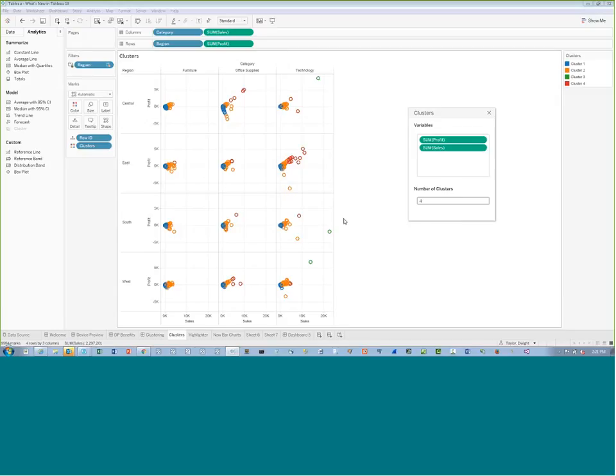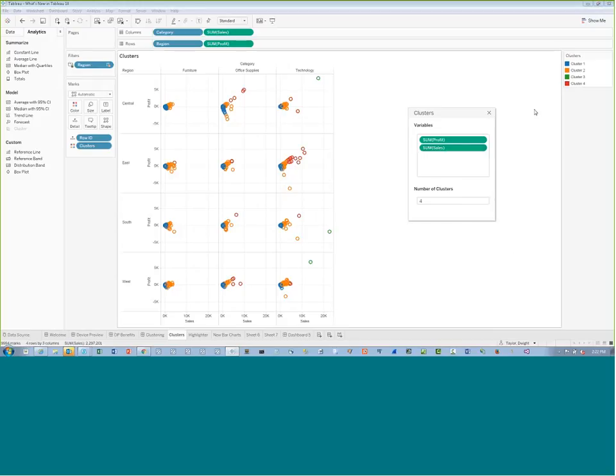cluster element, right? And I can see from this data I have a couple of outliers, so that may make a little bit more sense because these outliers are far away from the rest of the data marks. You also have the ability to change the way the cluster is generated, right? Right now, the cluster is generated on the sum of profit and the sum of sales, but we can actually generate clusters on any one of these functions, right? The average, median, count, and so on for any of the measures that are in the view where you're generating